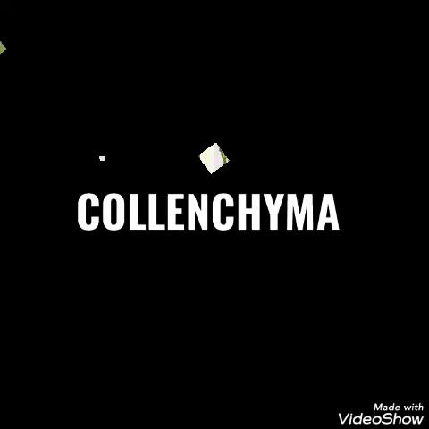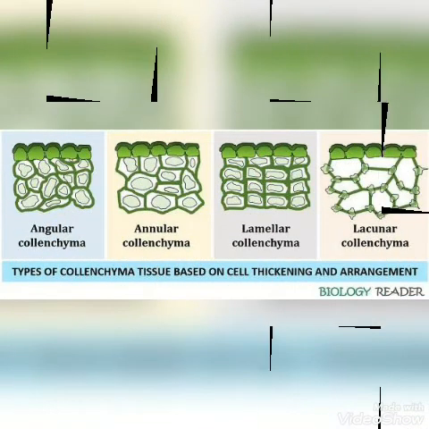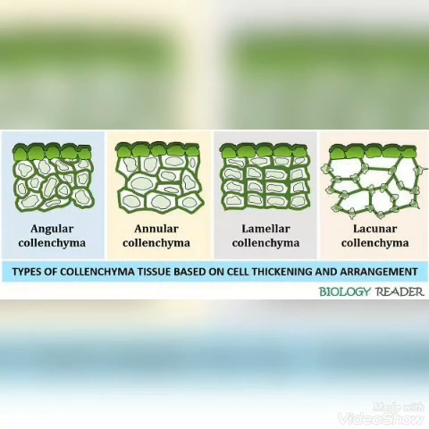This is the second video of simple permanent tissue, collenchyma. They are permanent tissues, simple permanent tissues. They resemble or look like parenchyma when they are short, and when they are longer, they resemble fibers with tapering ends. These are living cells, which means that they have protoplasm, which comprises cytoplasm and nucleus, and they have vacuolated protoplasm. Intercellular spaces may or may not be present.